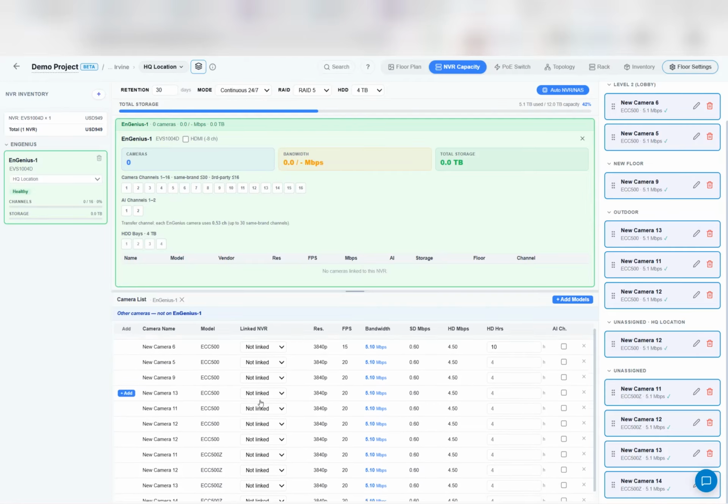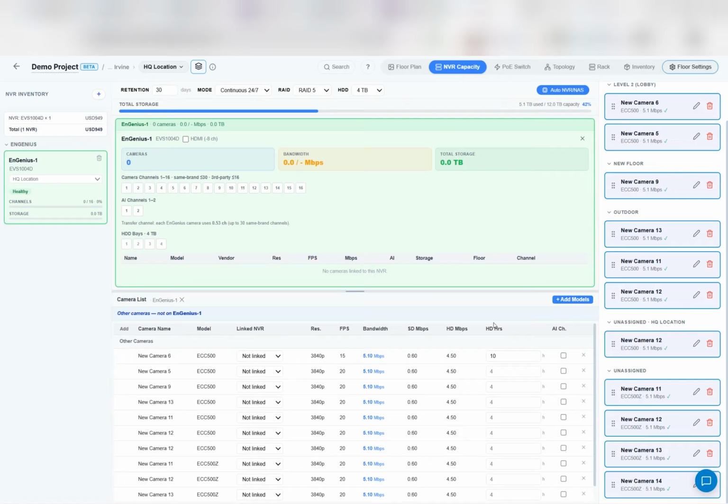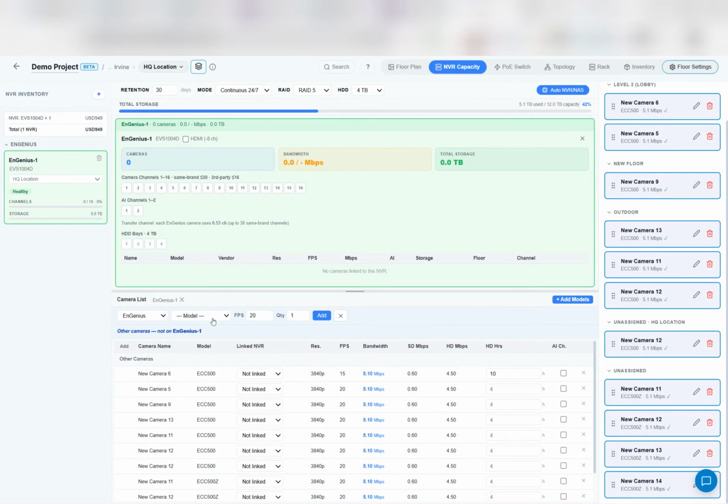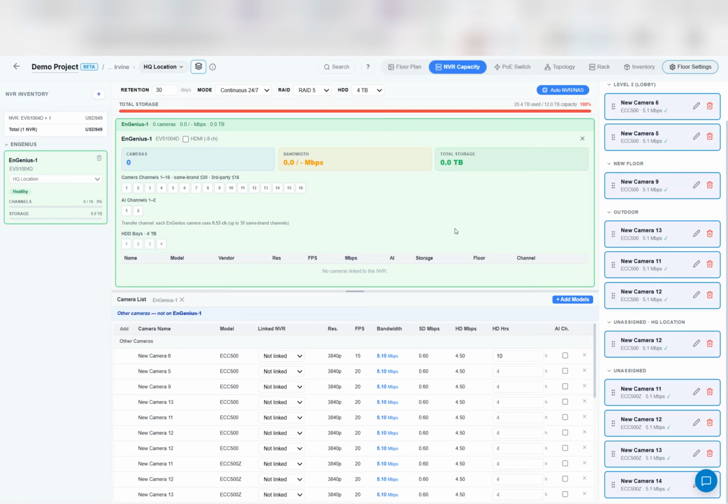Here, because everything I just added is ECC 500, all ingenious cameras, but in this spot we can also add freely defined third-party cameras. So say today I bring in a 5MP camera and set it here to 5MP. Its bitrate at 4 megabits per second should be fine, so let's add these 10 5MP cameras first, and then add this 8MP one. This one here is 8MP, and its bit rate might need to be 5, so I'll add 5 of them. So I have all kinds of third-party cameras, as well as ingenious same-brand cameras. Here we can start adding.